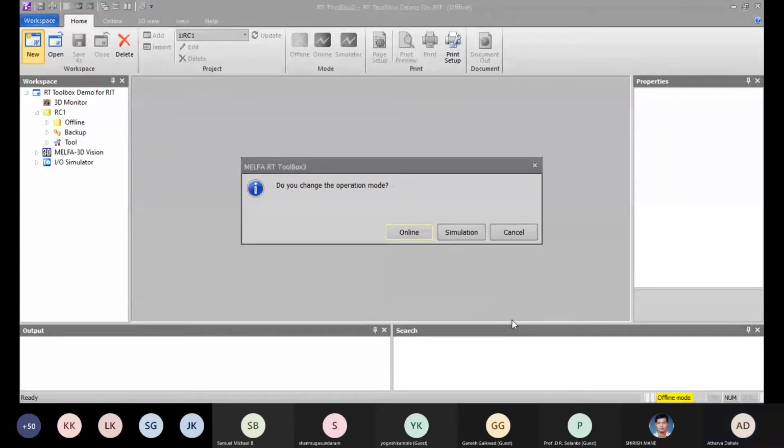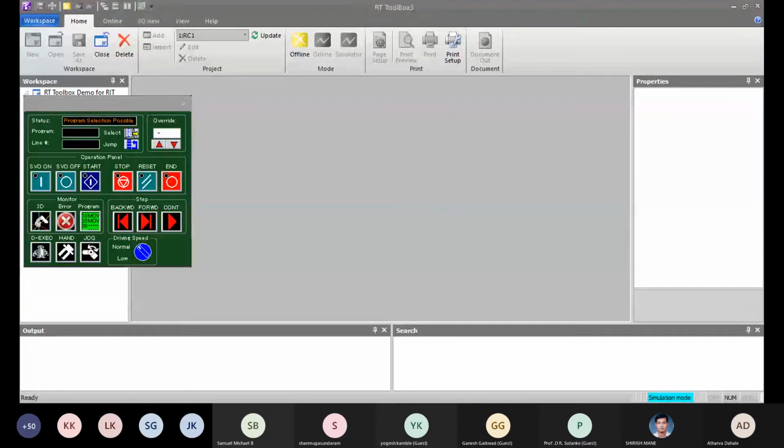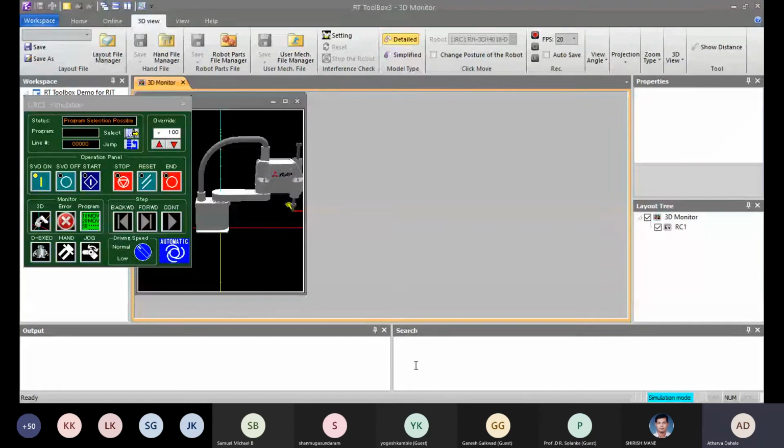After that, there are a total of two modes of operation. Actually, there are a total of three, but the offline mode is not showing here, as if you don't do anything with online or simulation, then the robot works in offline. And in offline mode, you can't share anything from the PC, from the software, to the controller. So now I click on simulation.